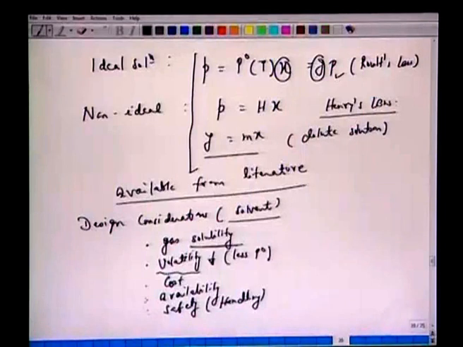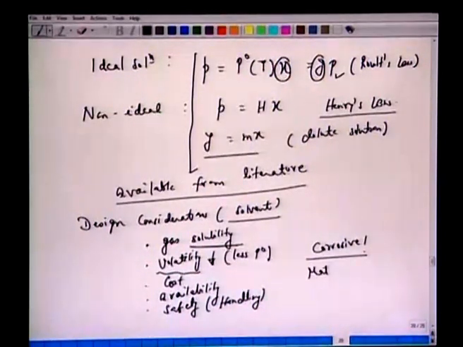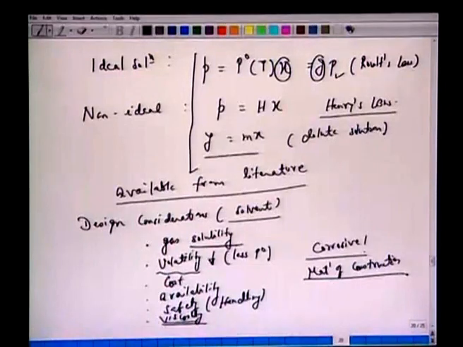Our gases or the liquid should not be corrosive, because if it is corrosive, then the material of construction for the pipes, etc., or the equipment, will itself become a major bottleneck in the design. Viscosity also plays a major role, because it is a question of transport in the pipeline. So, these are some of the design considerations one has to keep in mind when choosing a certain type of solvent.